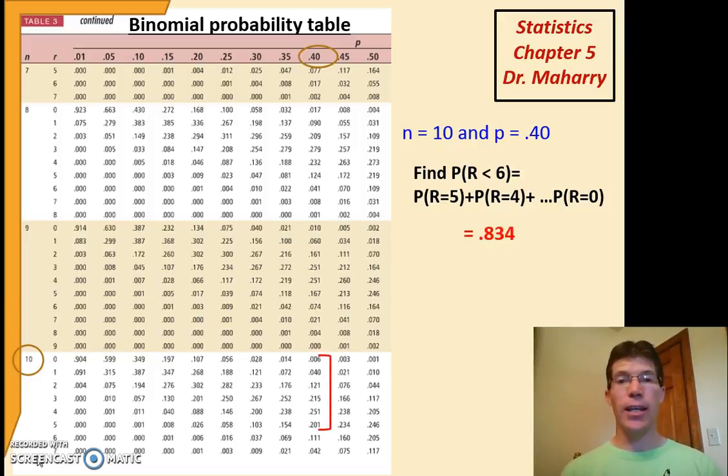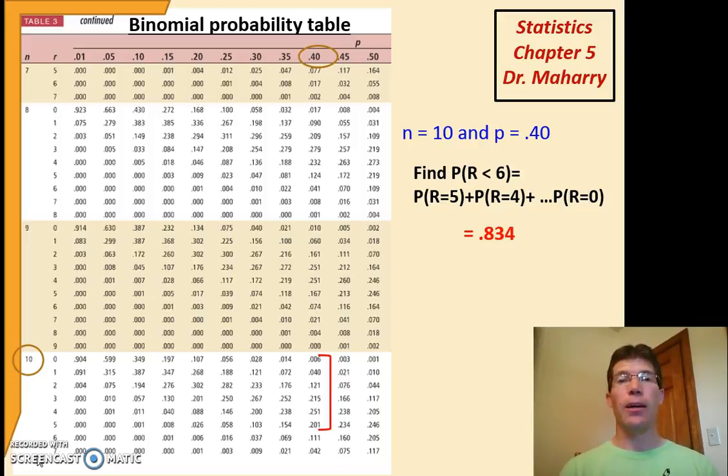Or I can look at the table and say, okay, under 40% and n equals 10, I can add up those probabilities for 5, 4, 3, 2, 1, 0. So there's about an 83% chance that fewer than 6 of those 10 men in my sample would be wearing